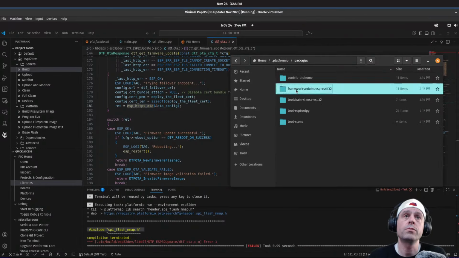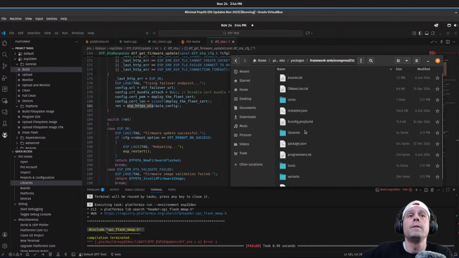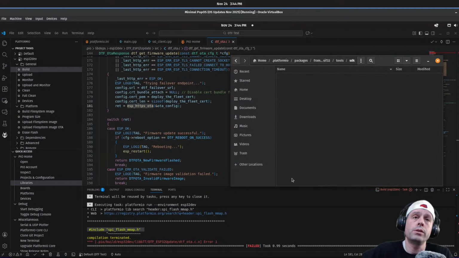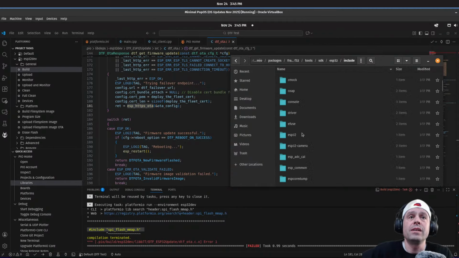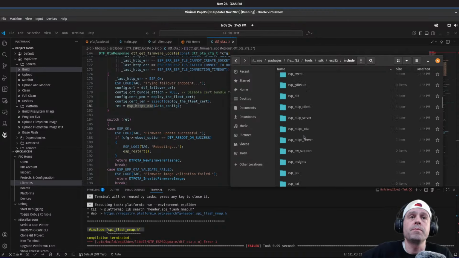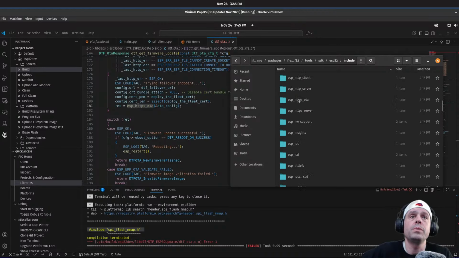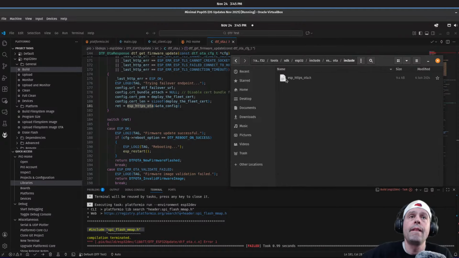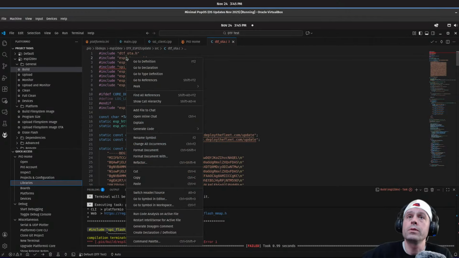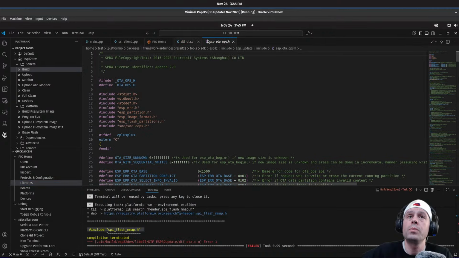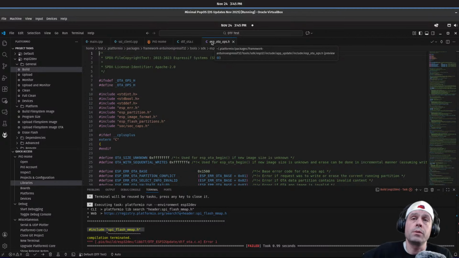It's packages, framework Arduino ESP32, tools, SDK, ESP32, include, and then I should have an ESP HTTPS OTA. Okay. And you can see I have ESP HTTPS OTA, which I may be able to open. Like IntelliSense may be smart enough to open that for me. Yeah, look at that. Okay, so it digs all the way down into the exact place that I was just showing you.